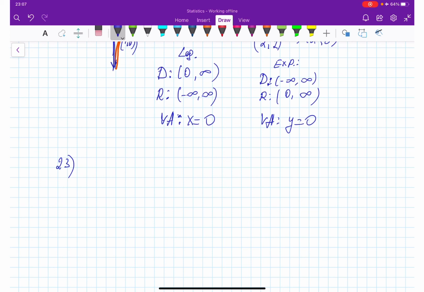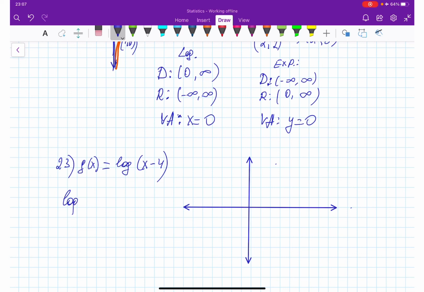For question number 23, what do we have here? We have g of x is equal to logarithm of x minus 4. So we don't have any given base, which means it's going to be 10. Yes, it is going to be 10. So let's start building. So I'm taking easy numbers. So for logarithm of x minus 4, since I have 10 here,